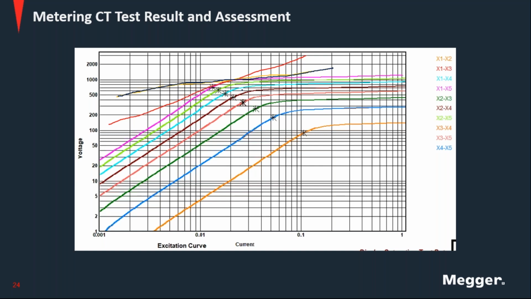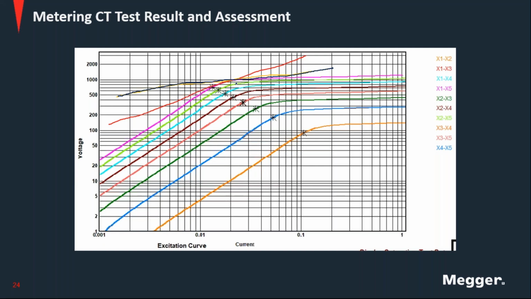Now, to talk a little bit more about the excitation point, the saturation point or the knee point, IEC defines it a little bit differently. IEC defines the point for which a 10% increase in the voltage produces a 50% increase in the excitation current. And one way of mathematically defining that point is to continue both linear parts and find where they intersect,